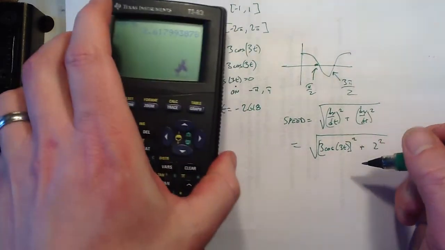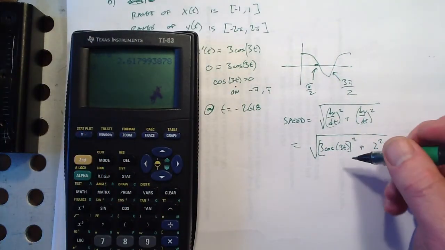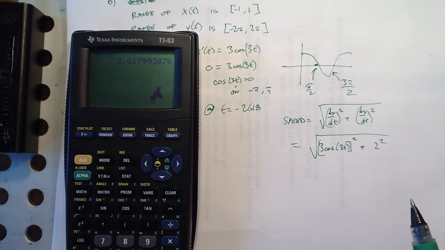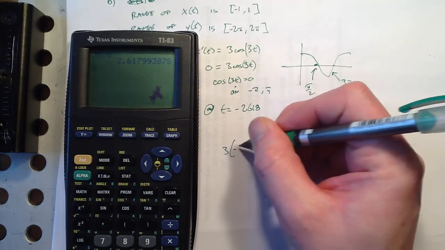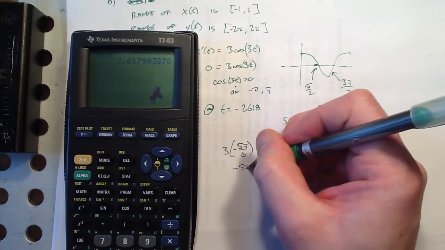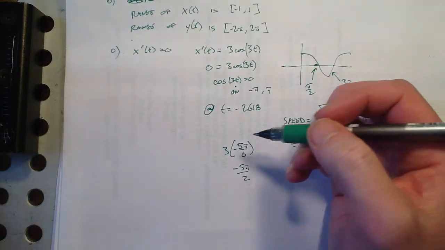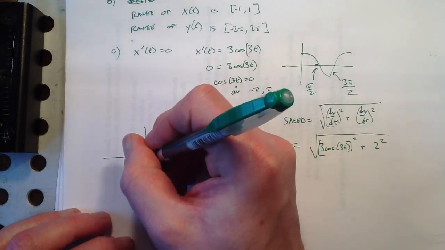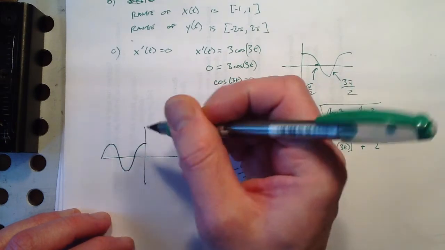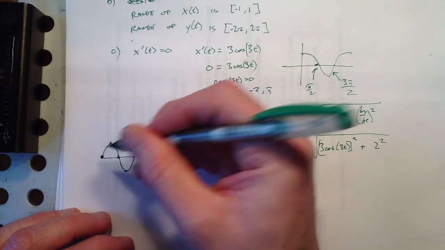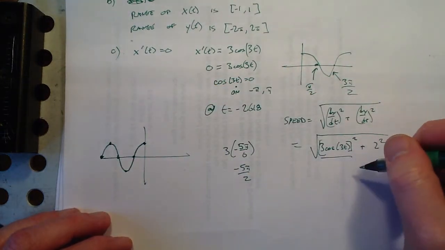Should we do this without a calculator? What's 3 times negative 5 pi over 6? We have 3 times negative 5 pi over 6. That's negative 5 pi over 2. So if you think about the cosine function, as it starts here and goes like this, and of course, you should have been thinking all along,